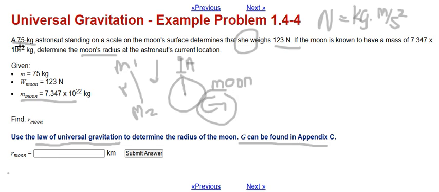So here I highlighted that you have mass 1, which is 75, your astronaut, and she weighs 123 Newton. So her weight is towards the center of your moon, and your moon has some mass, so that's your mass 2. And we're trying to find R. And of course we have to use G, which it said can be found in appendix C, and we can go in there to take a look at